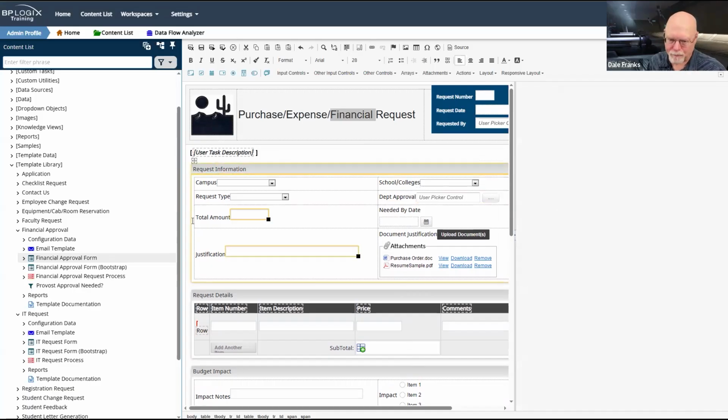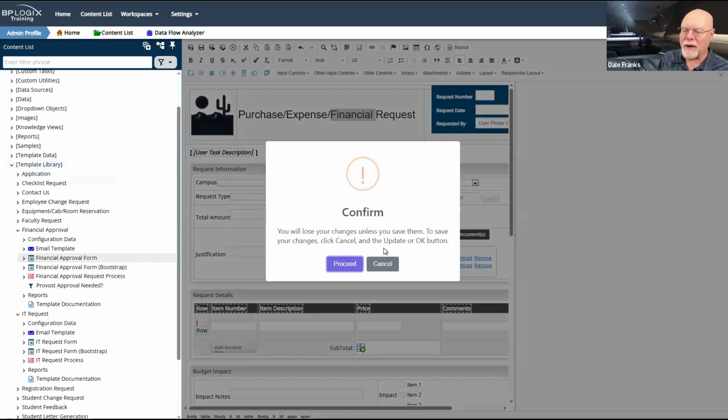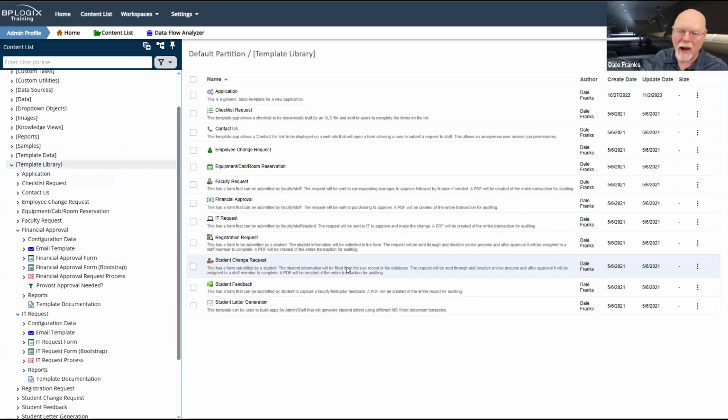And you could do whatever editing you want inside the template library to customize this form for you. And the nice thing is that you only have to do it once. Now, the downside for these applications is, as I mentioned, they're all quite specific and they do specific things.